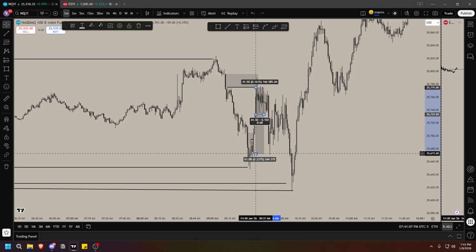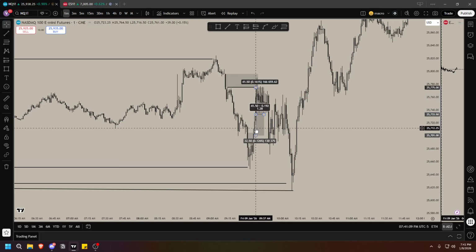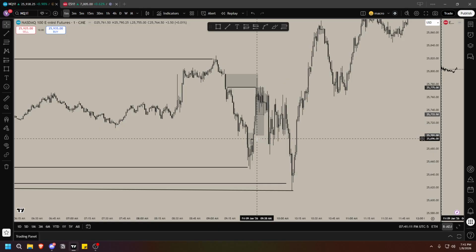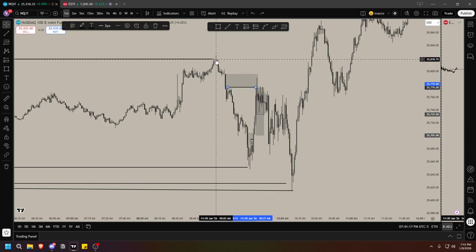Let's say you took it here. Stop loss has to be here because this is the BISI now, and price is displacing, but this would have been risky to take. Why? Because we're getting close to these highs. Especially when you have highs like these and you see price dump a lot and 9:30 opens up and we start reversing, just be careful.